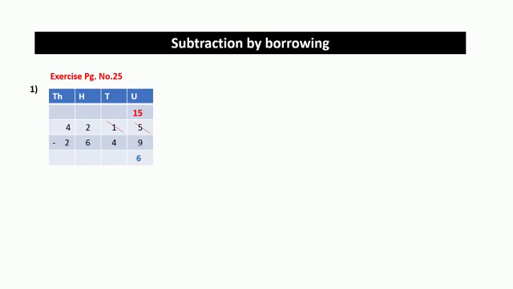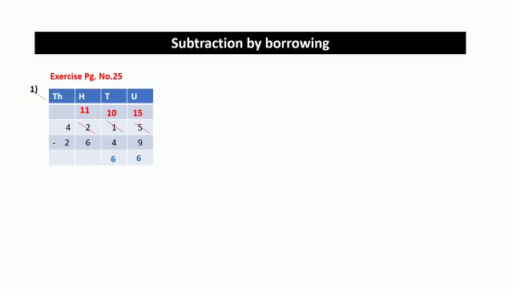In tens place also, it's not possible to subtract 1 minus 4. So in this case, we are supposed to borrow one number from hundreds place. After borrowing one number from 2, in tens place, number 1 will become number 10. 10 minus 4 is 6. In hundreds place, my dear students, since we have given one number to tens place, number 2 will become 1. 1 minus 6 is not possible. So again we have to borrow one number from thousands place, that is from number 4.